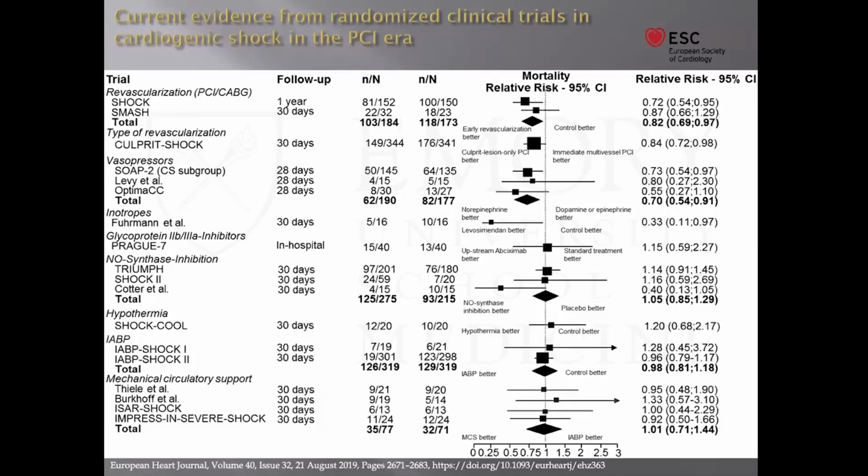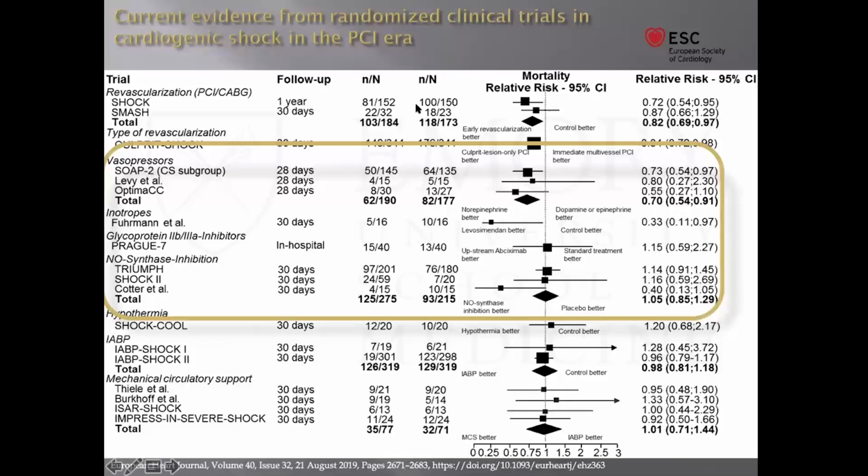There's a couple of reasons for that. Some of them may be related to the contrast dose, but we know those patients do better, as you can see here, as far as the confidence intervals. Vasopressors, again, this is interesting, which essentially shows that norepi looks to be better than dopamine or epinephrine. So this is very interesting that we do have some trials that actually bear this out compared to some of these other trials. A lot of this other stuff is smaller stuff, but you can see here, everything else is pretty much right on the confidence interval line.